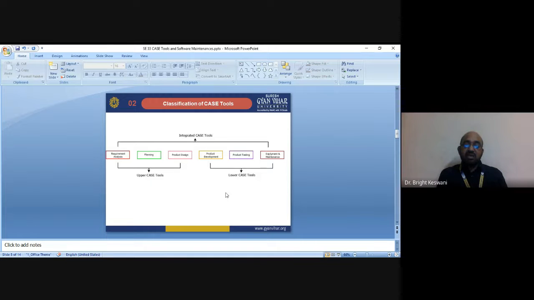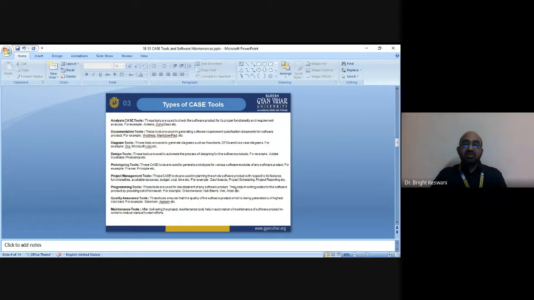So CASE tools are classified into two categories: horizontal tools and vertical tools. Let us discuss the various types of CASE tools.